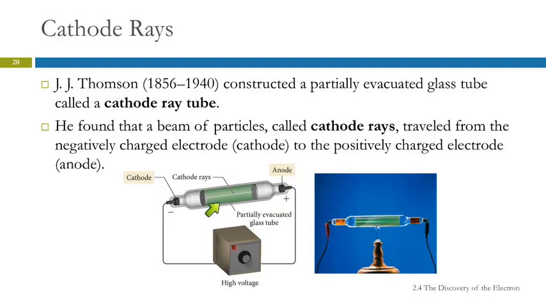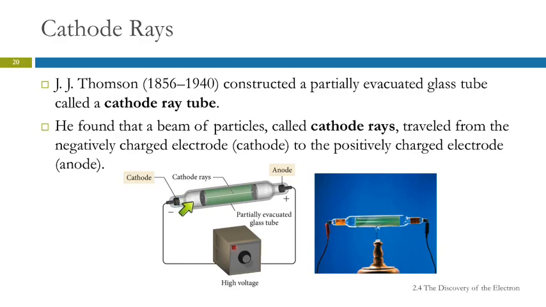So there's a glass tube. It's partially evacuated. There's a little bit of gas in here, but not as much as there would be in the air. And then you apply a high voltage across this. So in a sense, it's a little bit like a fluorescent lamp, but not exactly. So here's the cathode. That's the negatively charged electrode. And we have a positively charged electrode on this side. There's no wire connecting those, but